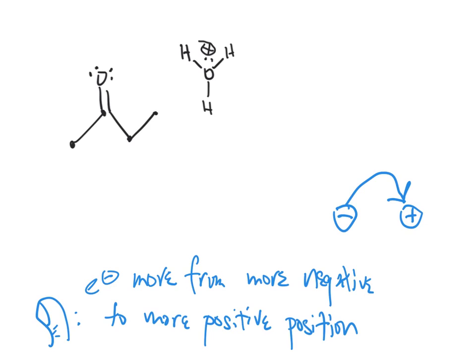So it always goes from whatever's more electron rich to whatever's electron deficient, since we're talking about the electrons. Everything is about the electrons. In this example, now your book doesn't do this, but I always circle it so it's a little easier for you to see what's moving. It doesn't matter which of these two, but that oxygen is more electron dense. So this is one example where it's not going to hit the other oxygen. The reason why is, if you draw that out on your own, which I suggest you do,